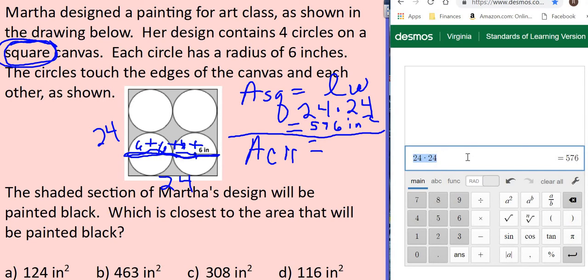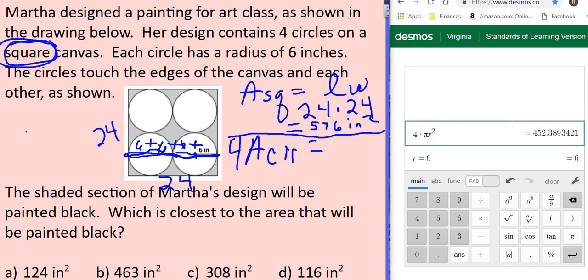So now we're going to find the area of one of those circles. We're going to have to find all of them in a second, but first we're going to do one. So the area of a circle is pi r squared. And we're told what the radius is, so that makes it pretty easy. Radius is 6. So we know the area of each one of those circles is 113 inches squared. But we want 4 of them. So I'm going to put a 4 times pi r squared. So now I know all 4 of the circles together have an area of